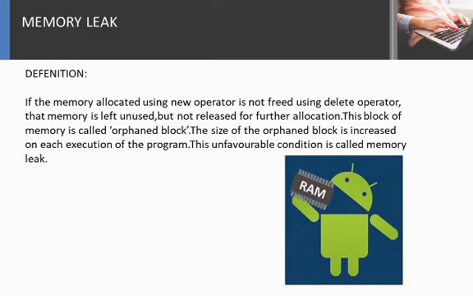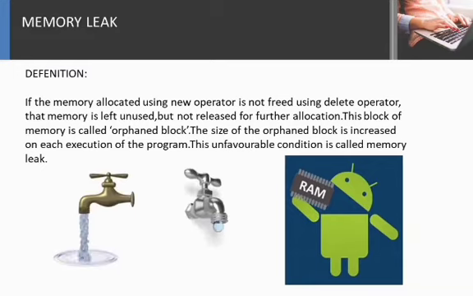Understood? We can compare the situation with a water tap example, where you open a water tap whenever you want to use water. Okay. And we will close the water tap after the usage of water, so that the water doesn't leak, right? So your resource doesn't get wasted. Here your resource is the water tap. And as far as our program is concerned, the resource is our memory.